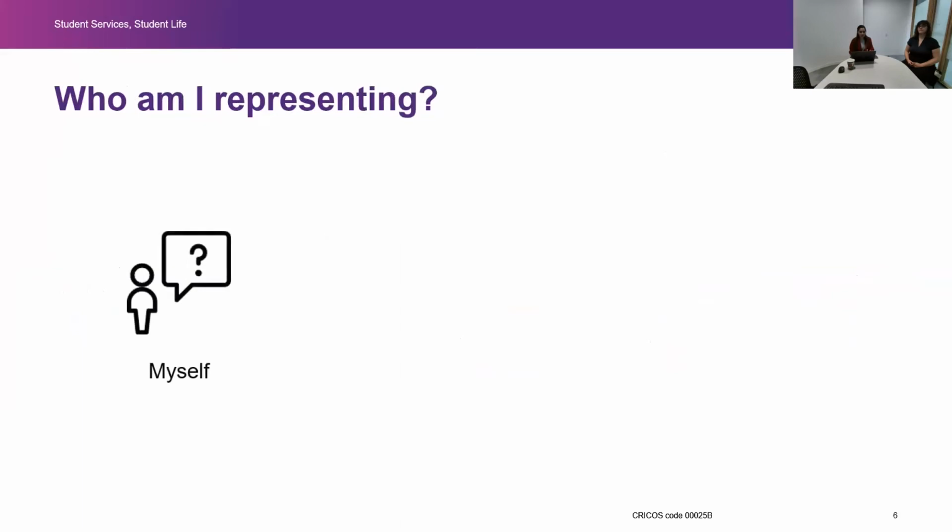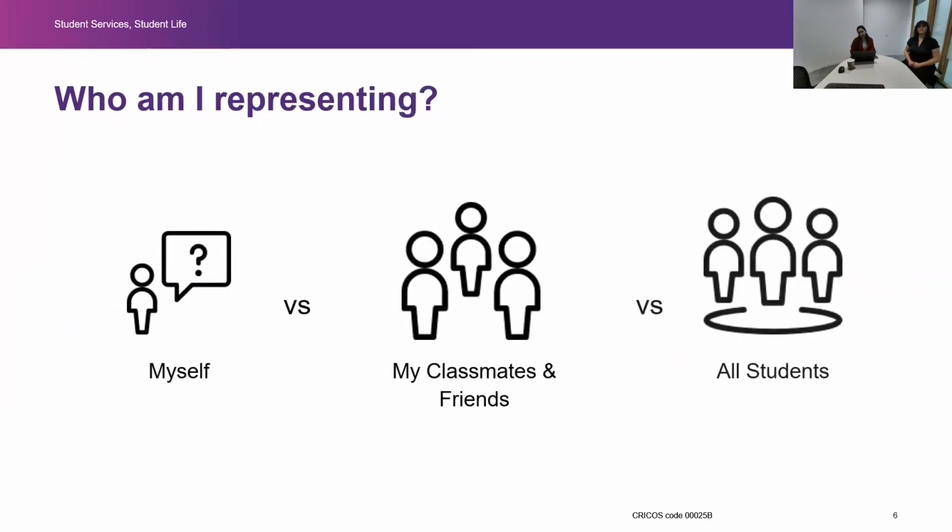Who am I representing? This can be a tricky one, because you could see yourself as one student in amongst a broader set of students, and you can't always know exactly what's going on in everybody's minds. But at the same time, you are the subject matter expert of your own experience. And you have your social networks and your class and learning networks, and you can reach out and talk to people. We will be going into this a bit more in depth in a later part of the training, but I actually just wanted to